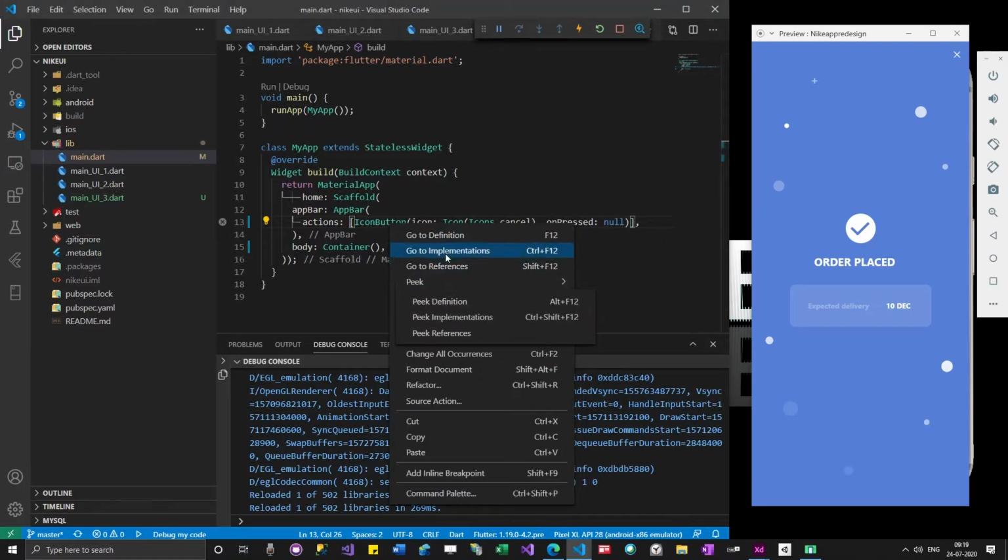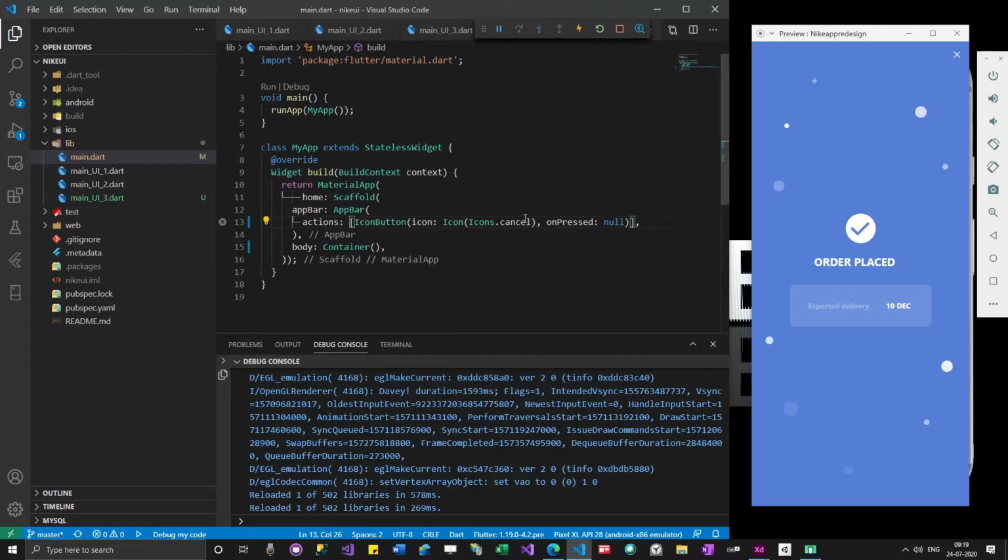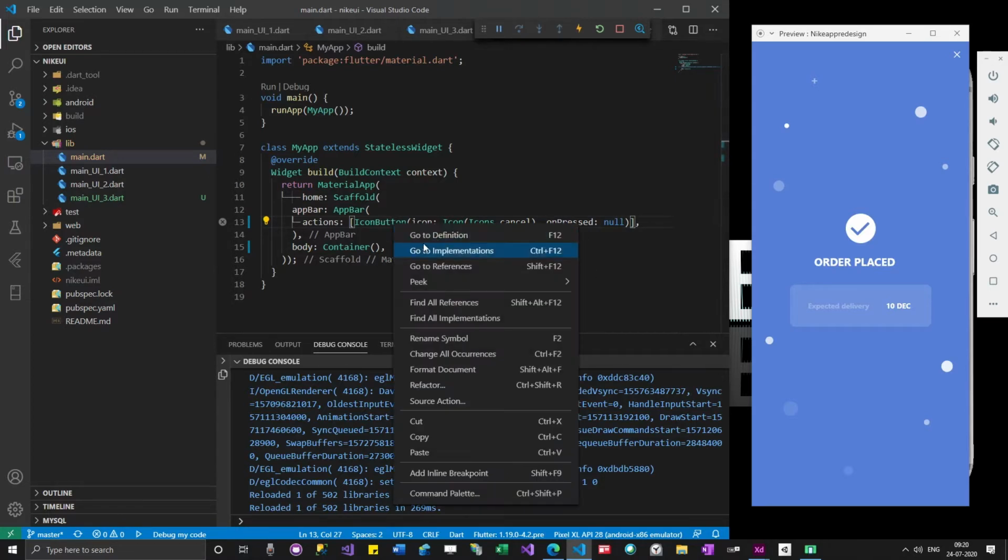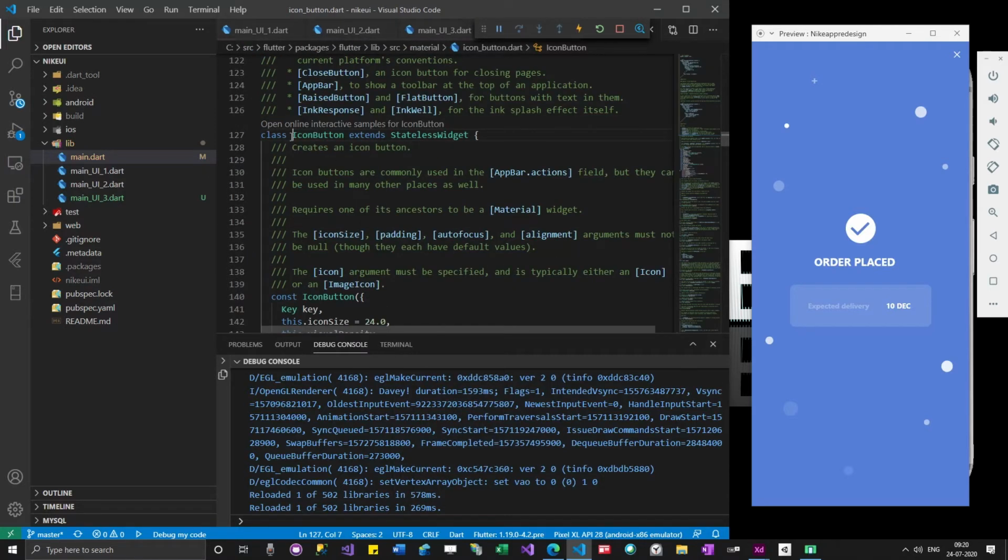Okay, so all these features will help us to understand more about the SDK and how it functions without going to some site or referring there. You can actually go to the code. If I click on go to definition, you can see that the icon button class is shown here. So this is the actual SDK code, not related to what we have written. Okay, this is not something we have written. These are predefined code that comes with Flutter.